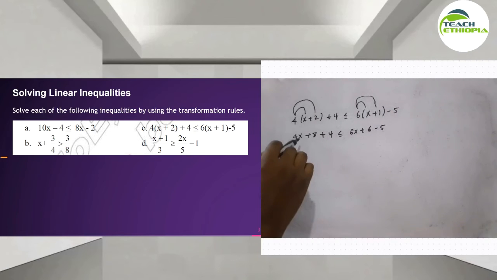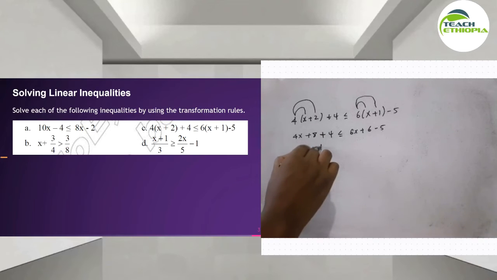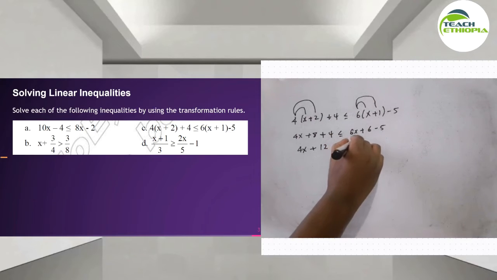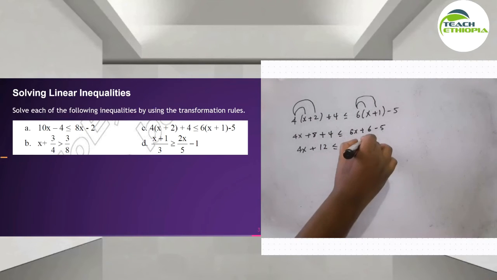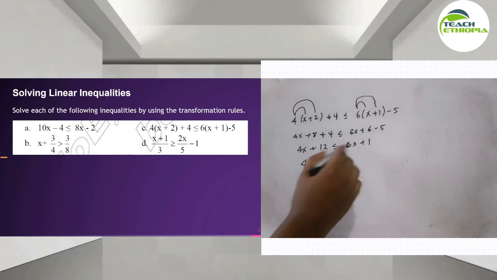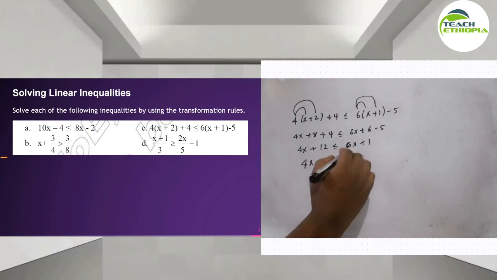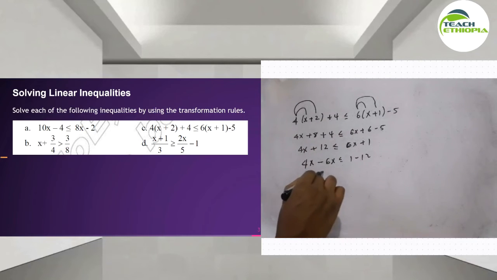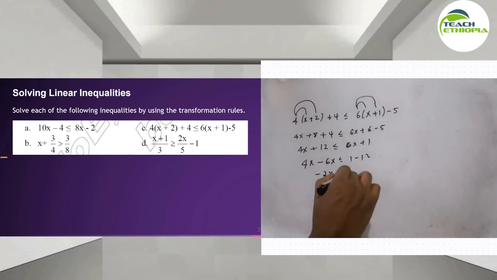እዚህ ጋር መጀመሪያ እዚህ ጋር ያሉትን ሶልቭ እናድርግ። plus 8 plus 2 is going to be 12 ይሆናል። ሲሚላርሊ 6x አለኝ። አሁን ኮሌክት ላይክ ተርም እናድርግ። 4x it's going to be minus 6x less or equals to 1 minus of 12 ወደ ተሻገር፣ this is going to be minus x less or equals to minus 11